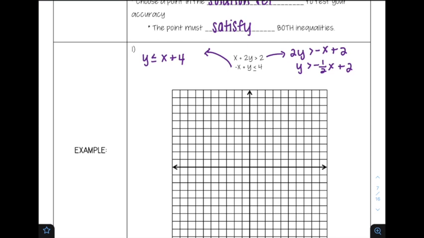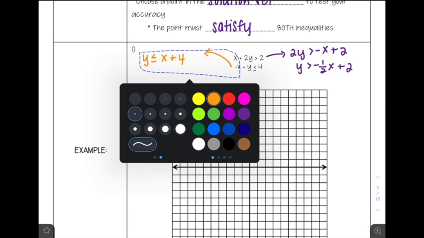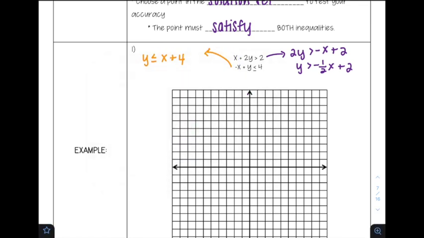We're going to graph them both. I am going to change this color so we can easily identify it. All right, so let's graph the first one I changed. I have 2, and I am graphing my slope. Since it's a greater than, I know my line is going to be dotted, and it's not going to be a solid line, so I'm just going to mentally say and write it dotted. And for this one, I'm going to write solid. So this way, when I'm actually graphing, I know not to draw a solid line for at least that one. So my dotted line,